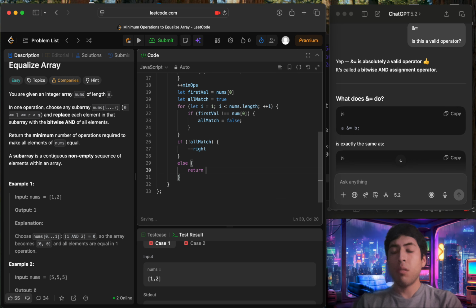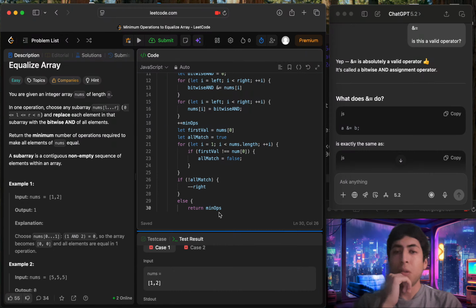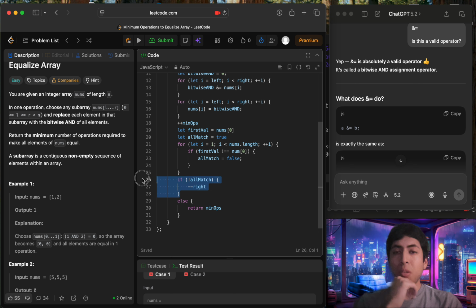We return the min ops. This isn't going to work because we're shortening the window and then we're not really checking if